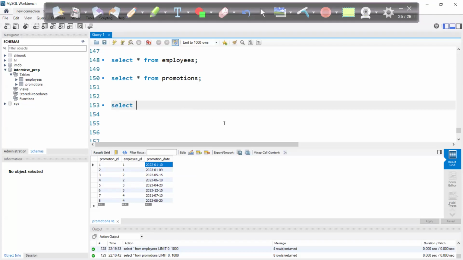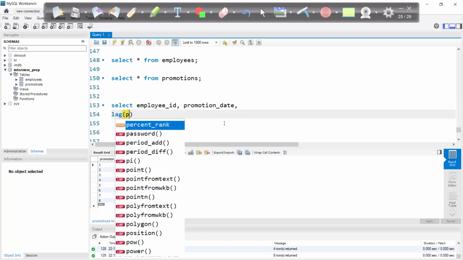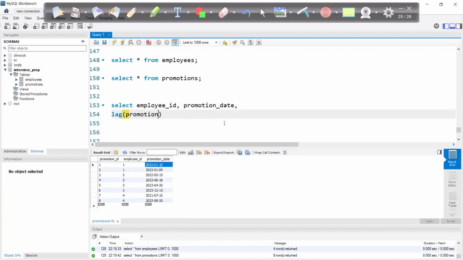So select employee ID, comma, promotion date. I'll apply the lag. Let's see what happens with the lag. You asked, right? Can we put the date? So here you can see promotion date is in the lag